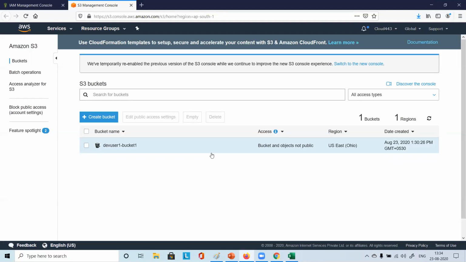Because he is a developer, he has to maintain it, because the owner of the organization or somebody else will not be managing those buckets. For example, you are the root user and you created me as an IAM user. Using my IAM username and password, I'm logging in and I'm able to see the buckets you created, because a bucket is universal to the account, not to the user.